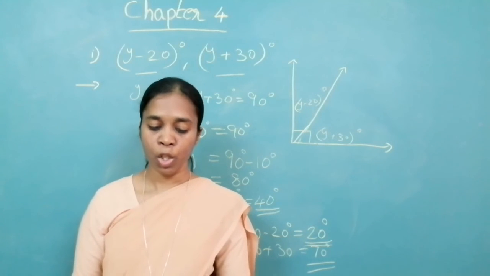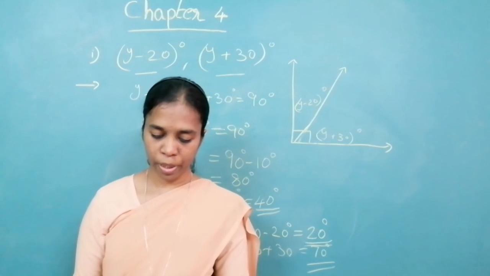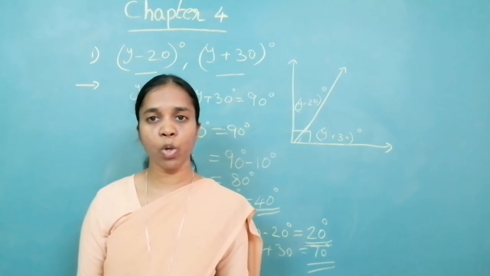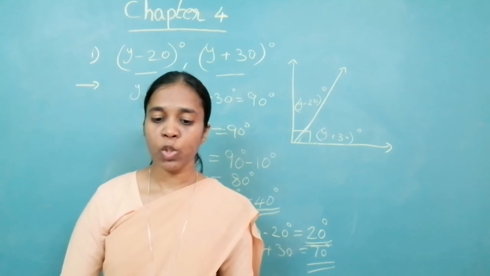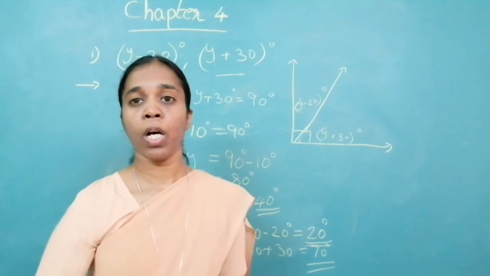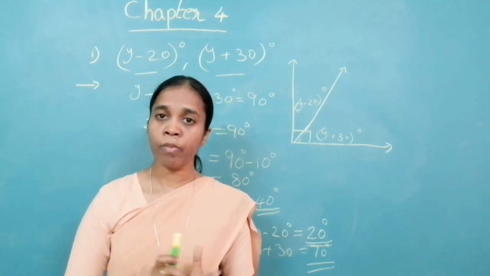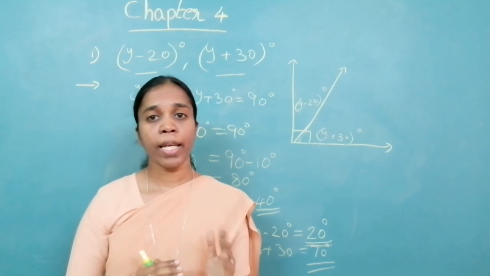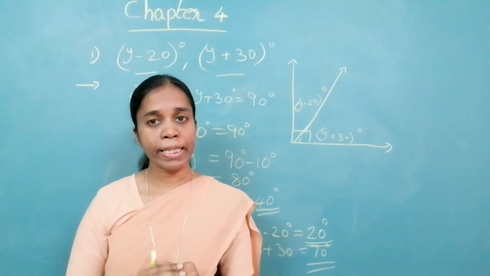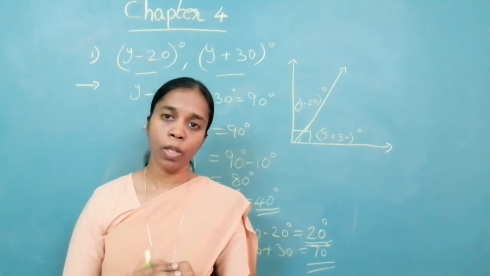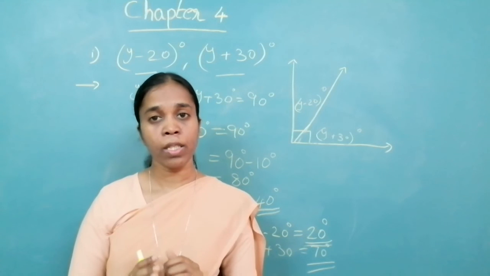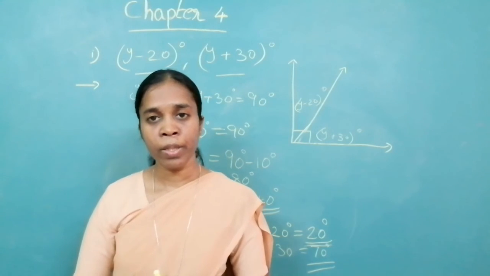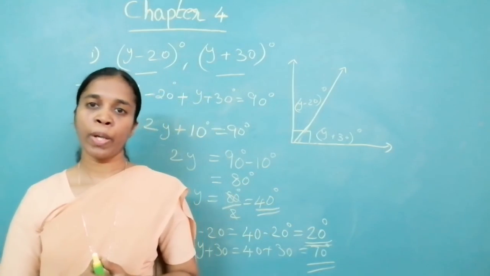For your homework, you have to complete practice set 15 and 16 based on this. By the time you complete this homework, it should be clear to you how to write the name, how we get an angle, what the interior and exterior of the angle are, what adjacent angles are, and what complementary angles are. This much should be clear to you by the time you complete all this. Okay, so please learn the points also by heart.